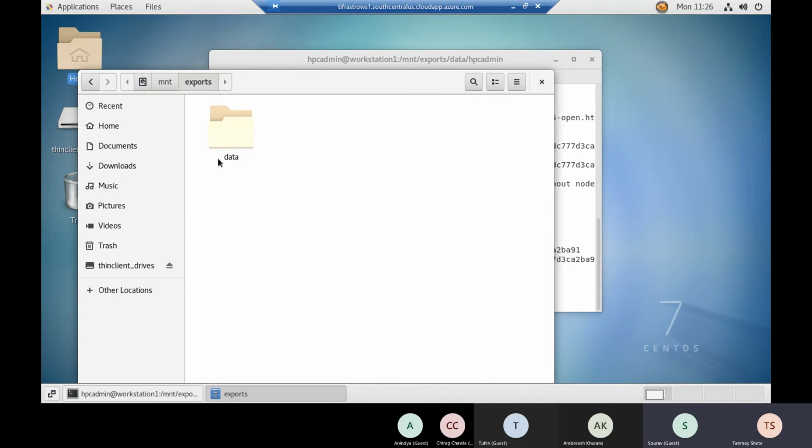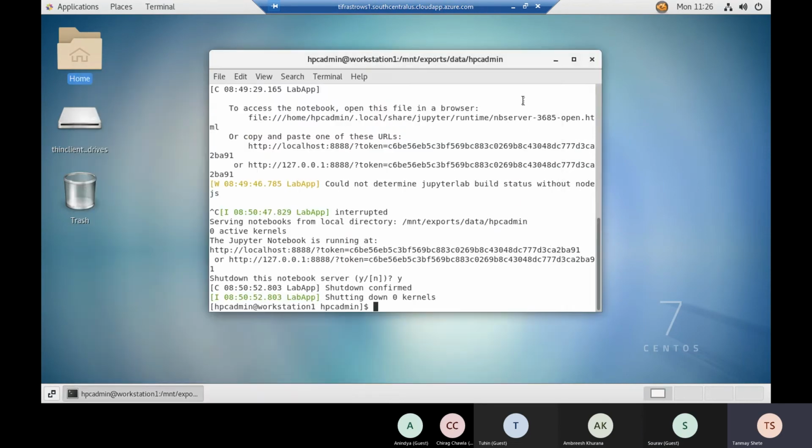Yeah, MNT exports and data. And now you can see HPC admin install Saurav, the same directories are there. So you can directly work on these directories from the GUI. And one of the applications that Dr.